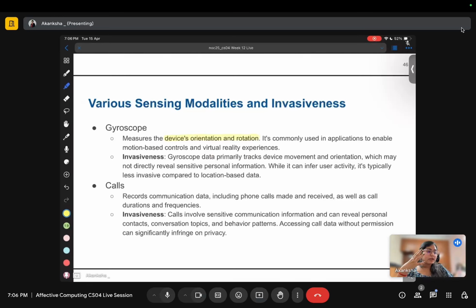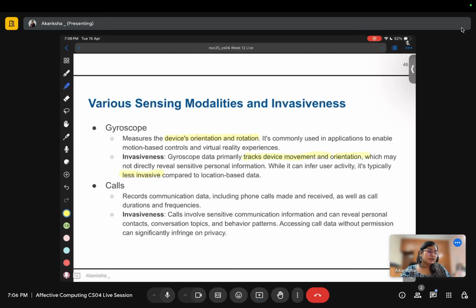So this is where the gyroscope comes into the picture, and it is not invasive. It tracks device movement and orientation. It is not revealing any kind of personal or sensitive information or any kind of location information.